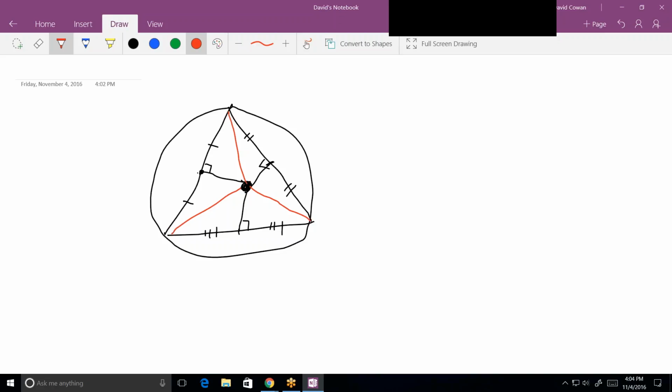And the only way to find this center is to bisect each side with perpendicular